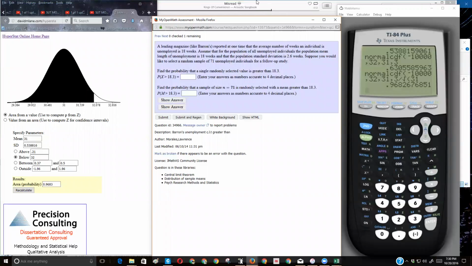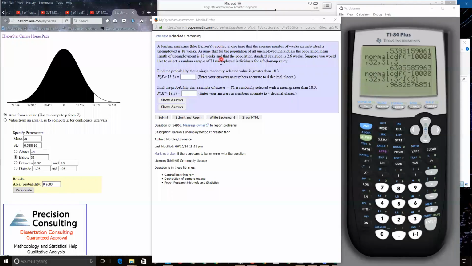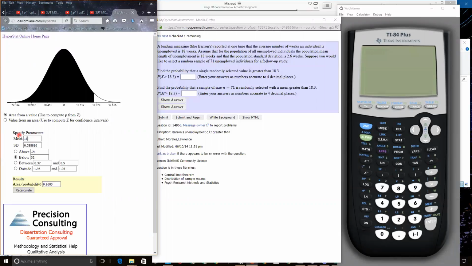So for this problem, what I'm seeing is that they told me a mean. They're telling me the mean of this population is 18 weeks, and that's the standard deviation for the population. So I know I'm dealing with sample means, a distribution of means. Well, not yet. First off, I'm talking about a single mean. So because this is just a single mean, this is basic normal distributions. We just got to make sure the mean is 18 and the standard deviation for the population is 2.6, and